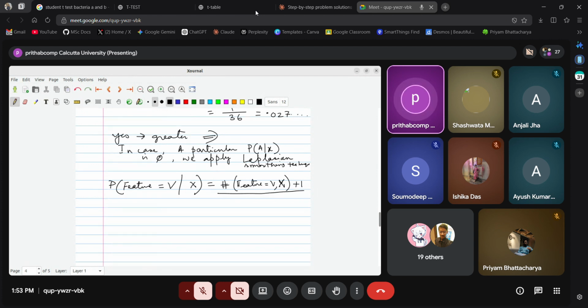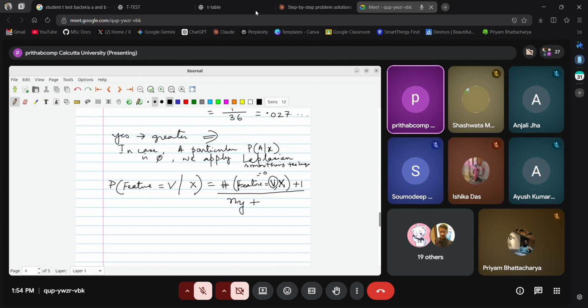So if there is no value equal to v, I'm adding a plus 1. If it becomes 0, then definitely it will be added by this 1 and you will get some value. And that is why